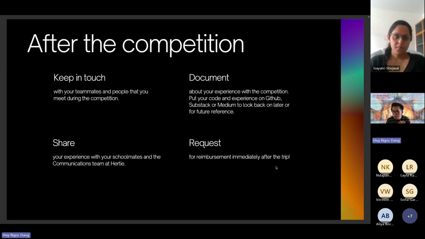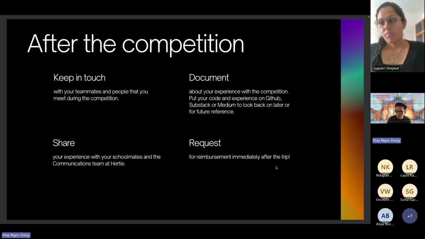You can also write a blog post on Substack, on Medium, or on your university's blog as well, so that other people know about your experiences, right? So that other people in the future can research as you have done before and learn about your experience. And it's also something that you can use maybe even for job opportunities. I know people that have submitted their blog posts about their hackathons and what they did during the hackathons to job applications, and actually people ask about that during their job interviews.